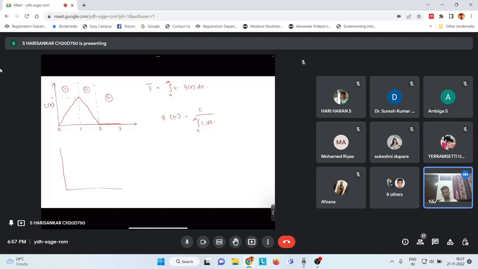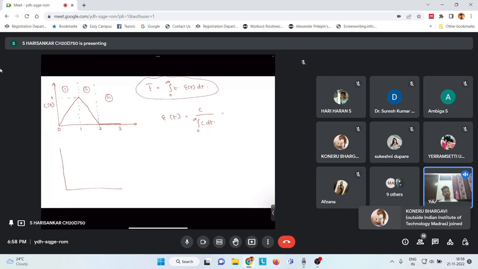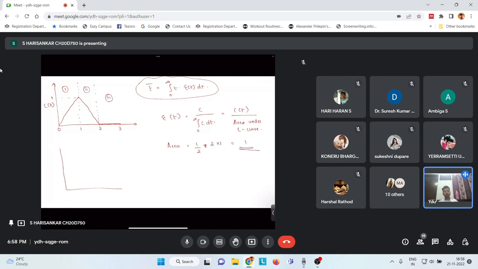So here, the value of E can be C of T divided by the area under the C curve. The area under the C curve will be 1 by 2 into base into height, which is 2 into 1, and that is equal to 1. So what this exactly means is E of T,